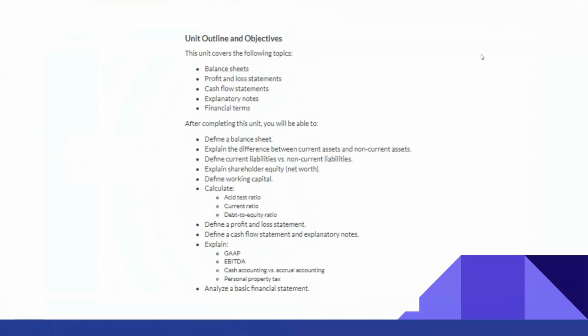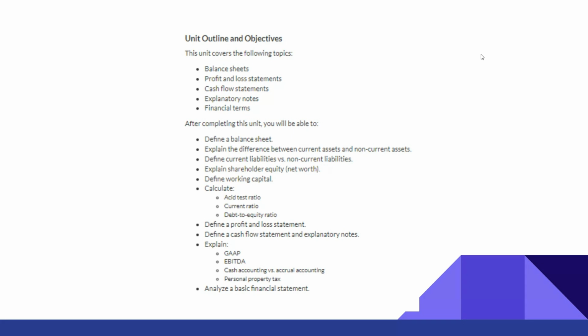Unit Outline and Objectives. This unit covers the following topics: balance sheets, profit and loss statements, cash flow statements, explanatory notes, financial terms. After completing this unit, you will be able to define a balance sheet, explain the difference between current assets and non-current assets, define current liabilities versus non-current liabilities, explain shareholder equity, net worth, define working capital,